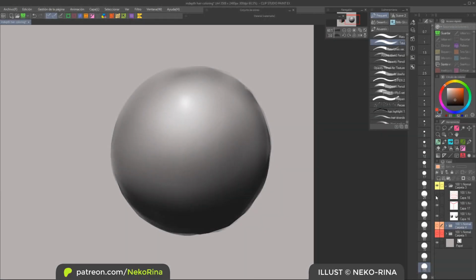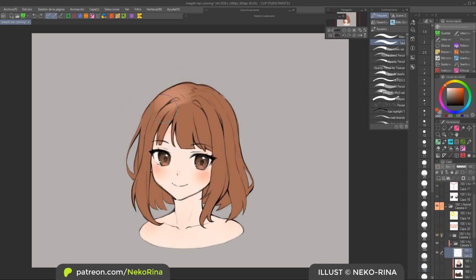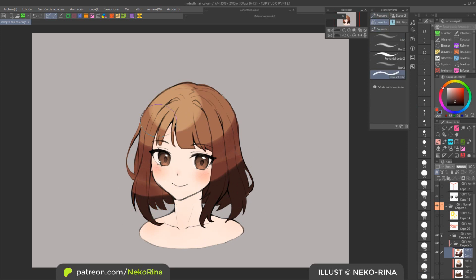It's important to also notice that on the sphere, the edge of the shadow around here is usually somewhat blurry because it's not a flat surface like the cube. When translating this onto the hair, you have to keep in mind that yes, we have a sphere underneath, but hair is also made of very thin fibers. So personally, I wouldn't make this transition super blurry, because then it will seem like it's a different kind of material.